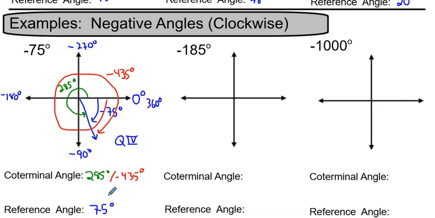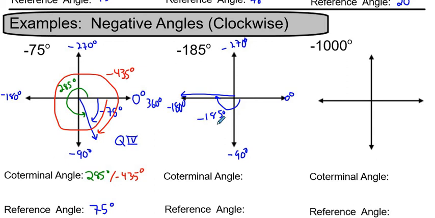Sometimes the coterminal angles help you figure out the reference angles. All right, so negative 185. Again, if we label 0, negative 90, negative 180, negative 270, then negative 185 would be just a sliver above negative 180, so negative 185 would be there. And then what I do from there is, again, I add 360. So if I add 360, I get its positive coterminal angle, which would be